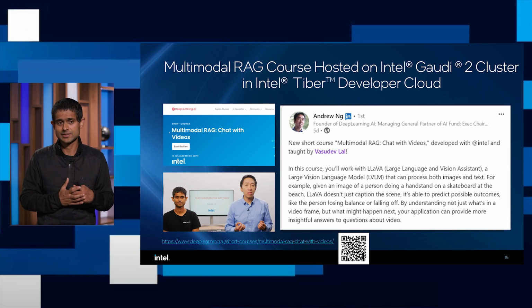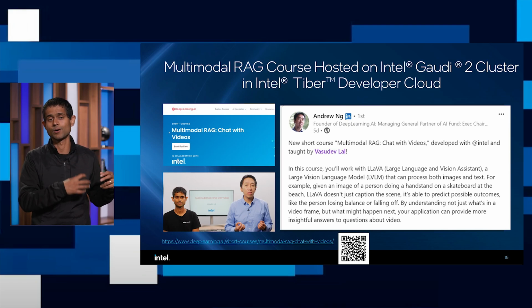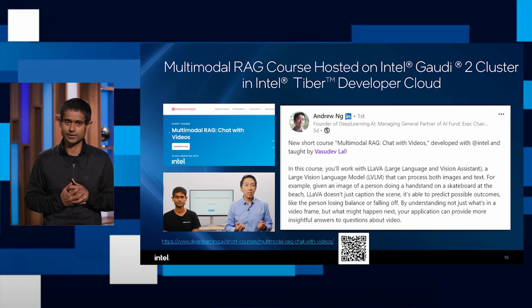So if you're interested in this technology, please go ahead and check out this course. And this entire course is powered by multimodal foundation models that are hosted on an Intel Gaudi 2 AI cluster in our Intel Tiber AI Cloud.